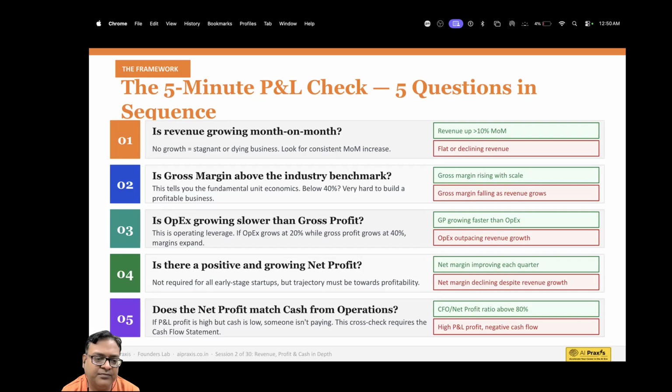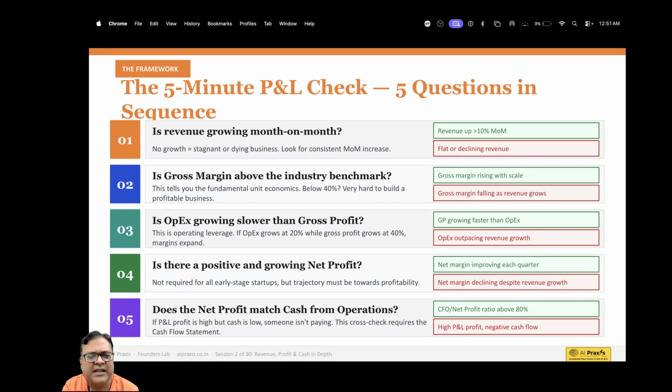Very simple. The third question is operating expense growing slower than gross profit? And this is operating leverage. If operating expense grows at 20%, while gross profit grows at 40%, margin expands. Gross profit growing faster than operating expense. Operating expense outpacing